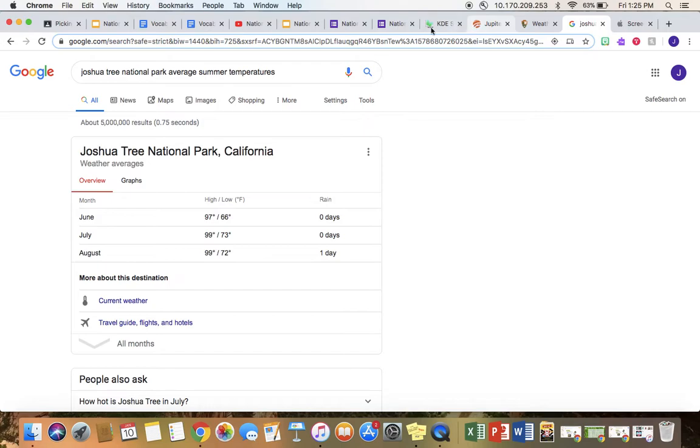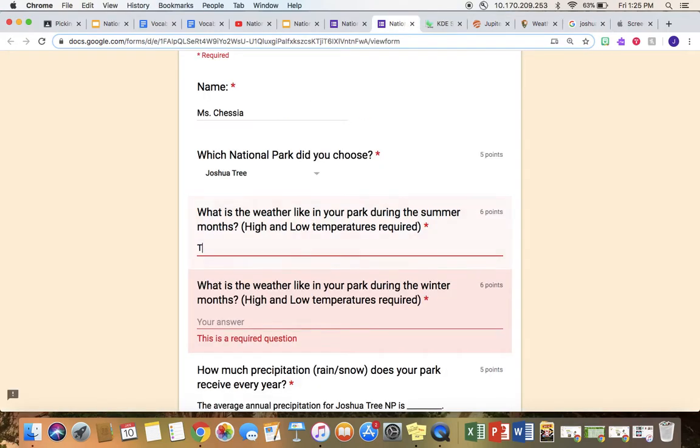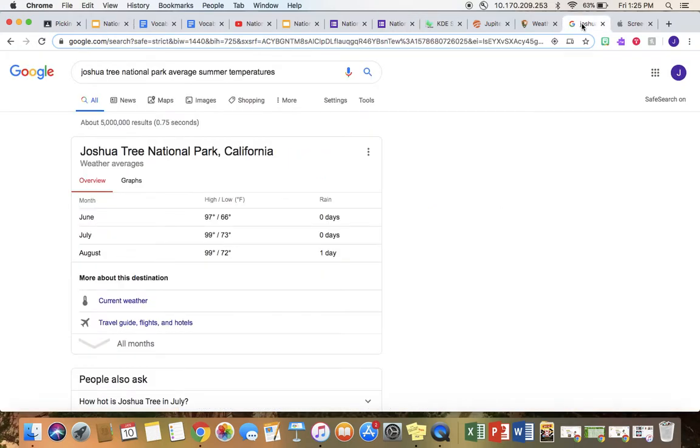So I'm going to go back into my form, and I'm going to write this out. The average temperatures in Joshua Tree National Park are a high of, what did I say? We'll do 99 and 73. 99 degrees Fahrenheit.